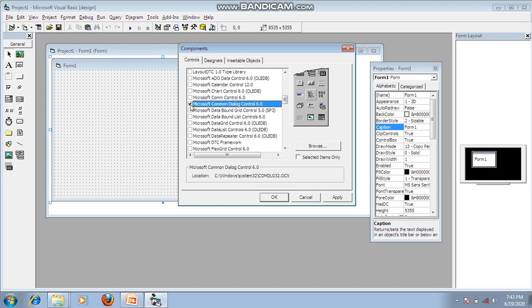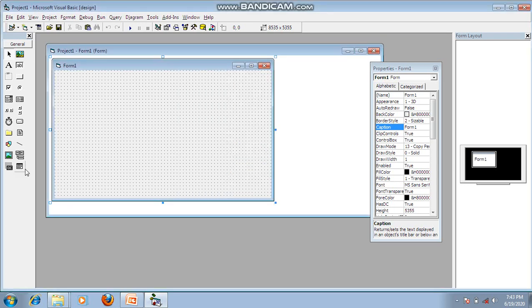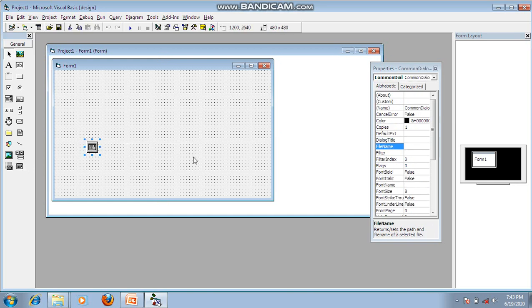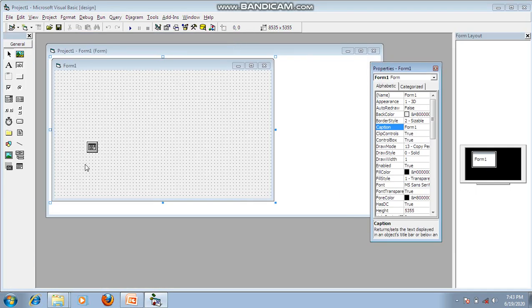Just simply select here, click on this check button and click on Apply and OK. So the Common Dialog Control is placed on this toolbox. Simply select this one, drag and drop. When you drag it, it automatically resizes, and when you run the application it is invisible.